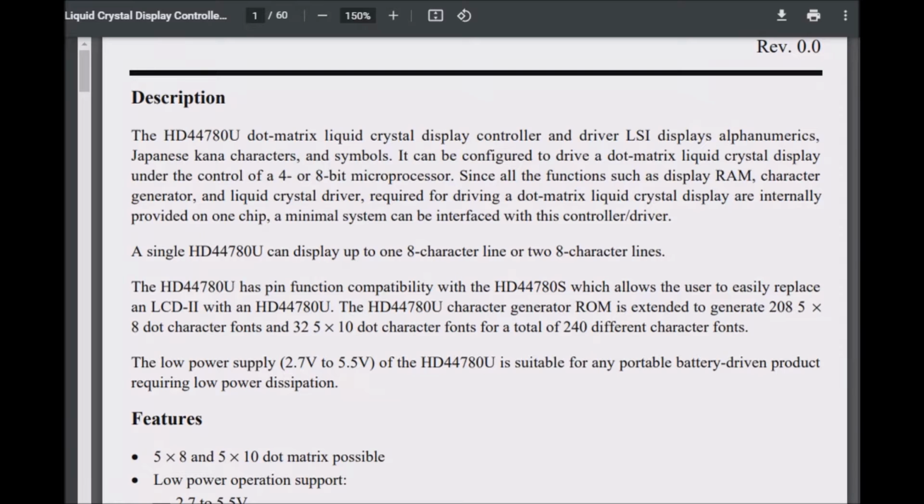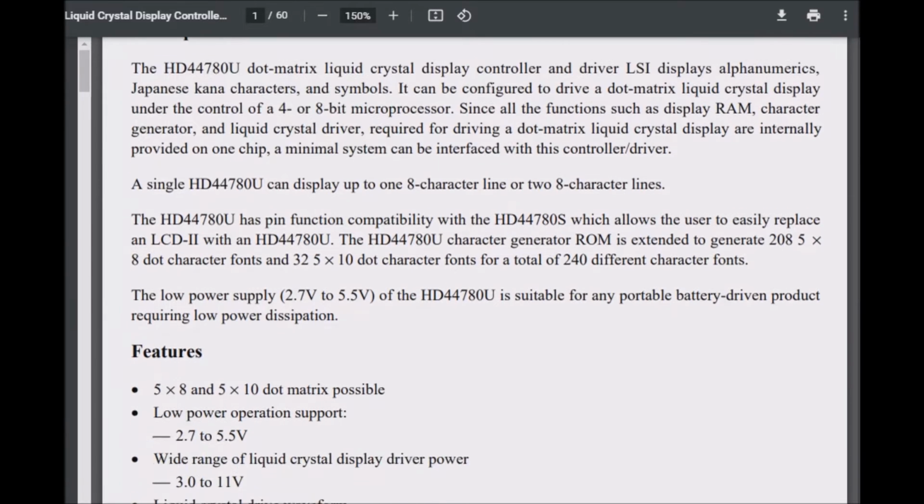The HD44780U character generator ROM is extended to generate 208 5x8 dot character fonts and 32 5x10 dot character fonts for a total of 240 different character fonts. The low power supply, 2.7 volts to 5.5 volts, of the HD44780U is suitable for any portable battery-driven product requiring low power dissipation. Features: